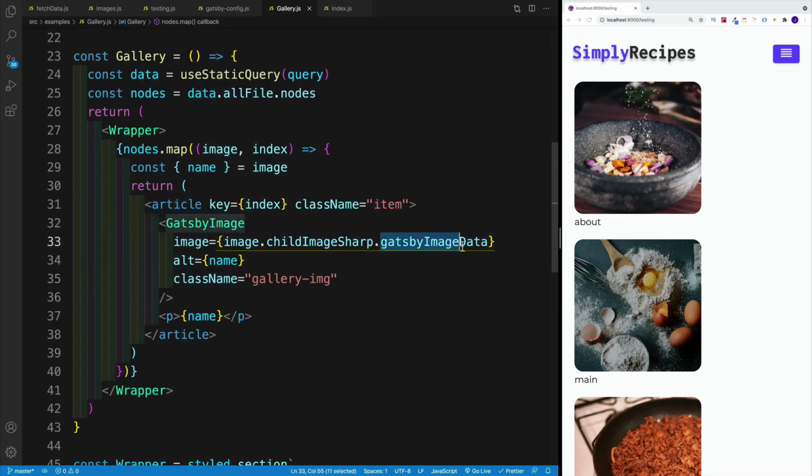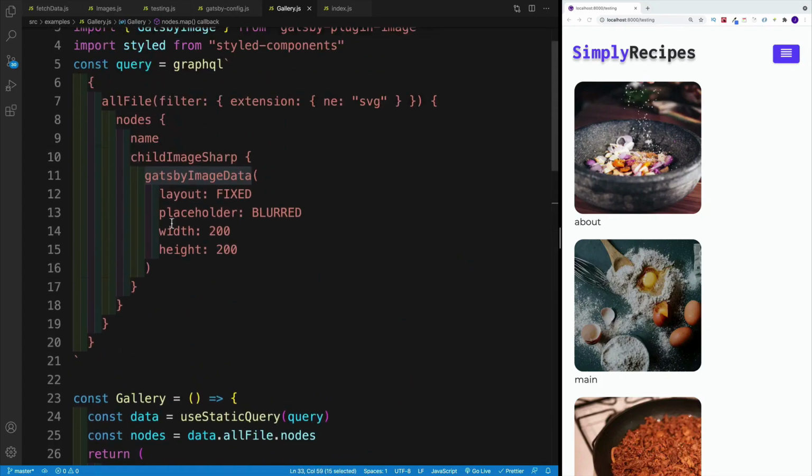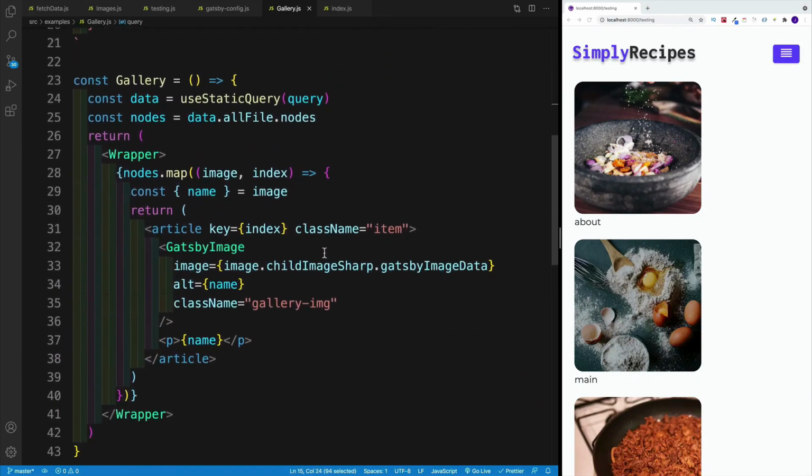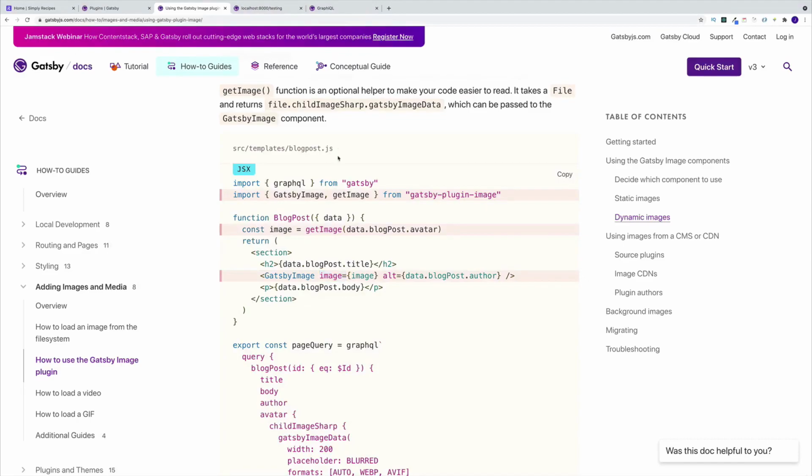So we import Gatsby image, then we need to set up the component, and then we have image prop. This is where we pass in that data with whatever configurations you have. Again, you can technically leave this open, just deal with a default setup. And then, of course, we have alt prop, and then the rest of the shared props that we covered with a static image. And if you do that, you'll display all your list images using Gatsby image. And while we're still on the top